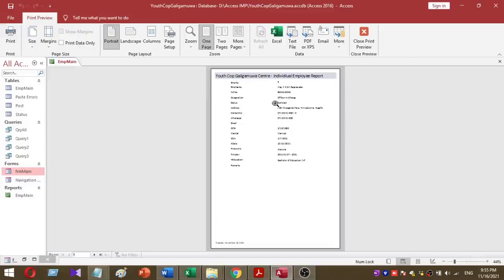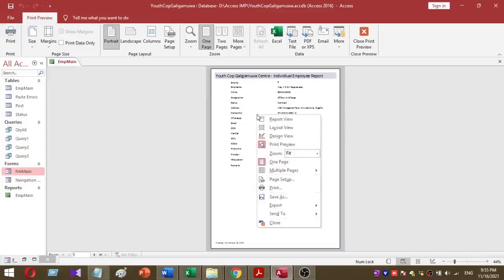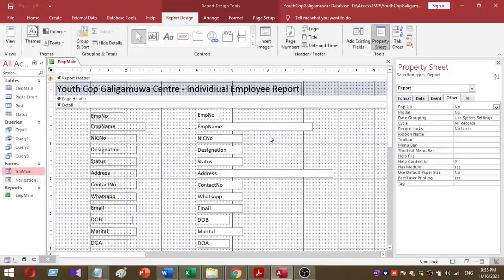Again, to maximize your report, you have to right click the report and go to design view. From the design view, go to the report property. Under the report property, as with the form, there is a tab called Other. Select the Other tab and you can see the Pop-up option.